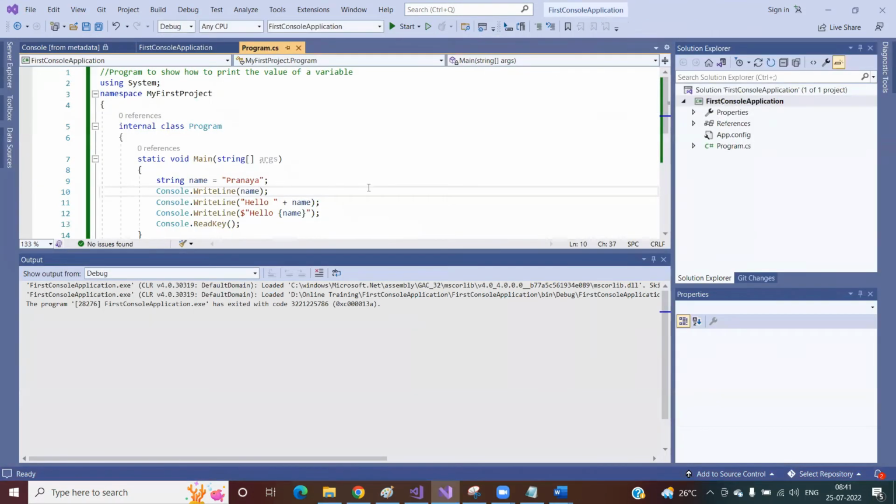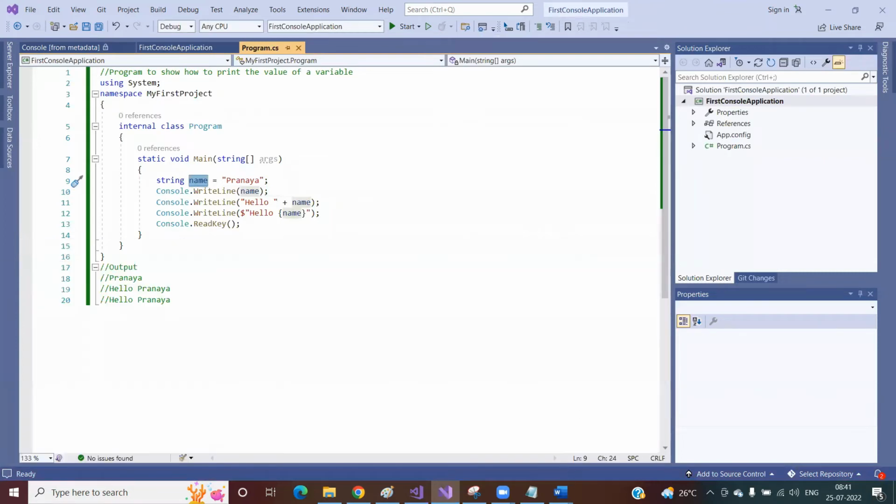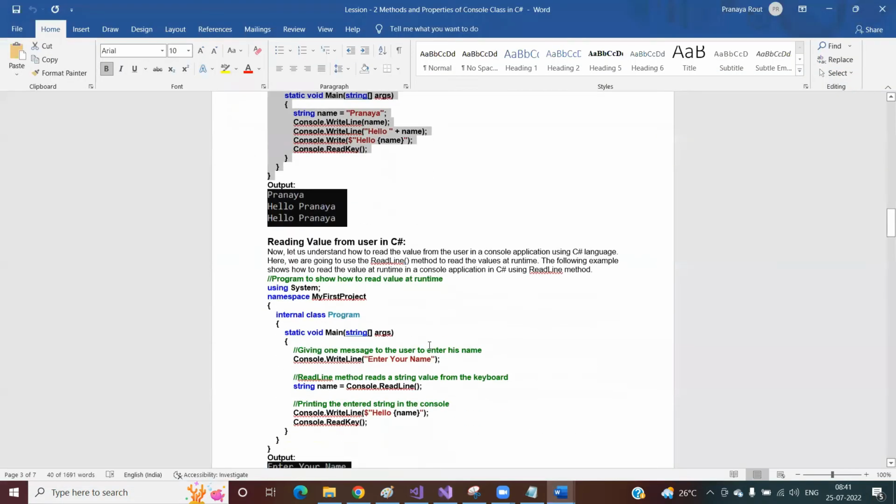Now you understand how to print the string value or how to print the value of a variable. Yes or no? Yes, sir. Okay. So next,